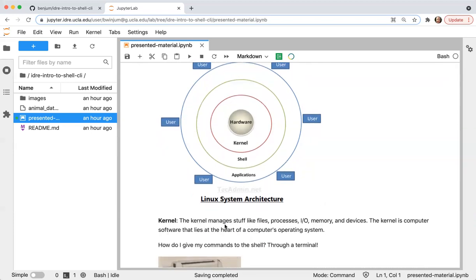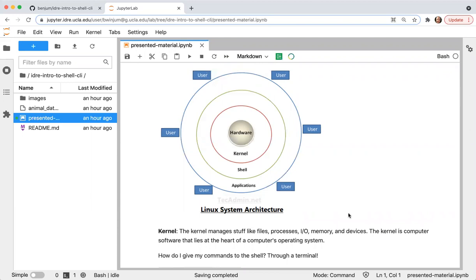The kernel I've written down here manages things like file management, process management, which are your applications that are running. It has input and output management. It manages your memory. It manages all the devices that are connected to the computer. The kernel itself is computer software, and it's a program that really lies at the heart of the computer's operating system.